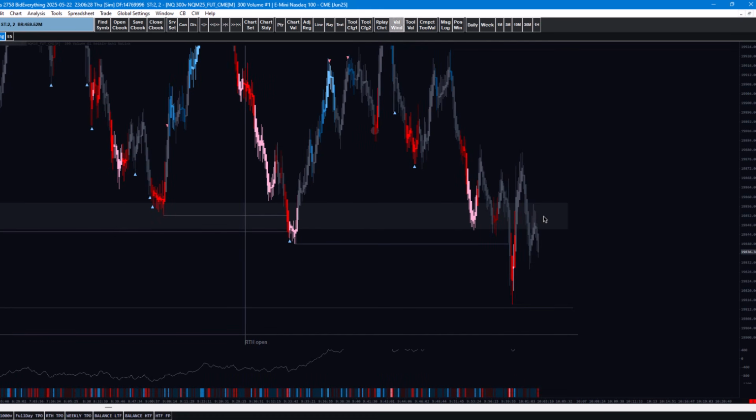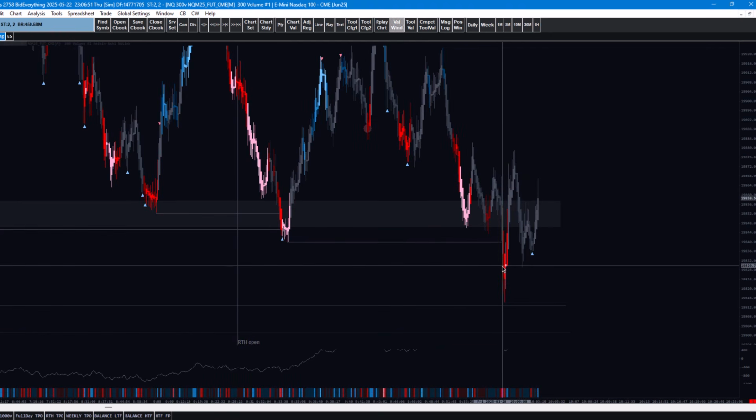So now here I'd be kind of short biased because we've kind of ranged up here. We had a little push down, pop back up, push down again, pop, rejection. So I'd be biased. I'd be looking for shorts right now, but I'd be very cautious just because this price action's not too hot. And there's 10 a.m. news,